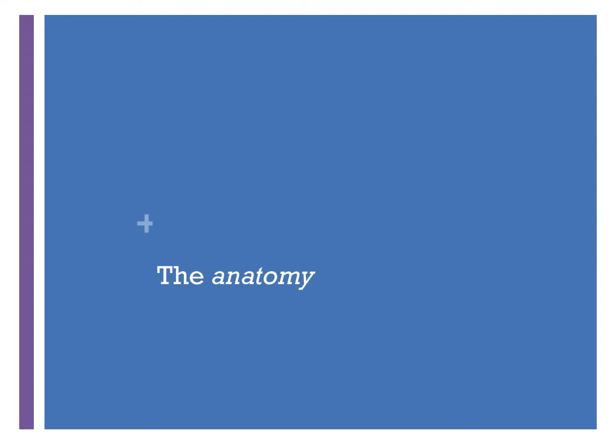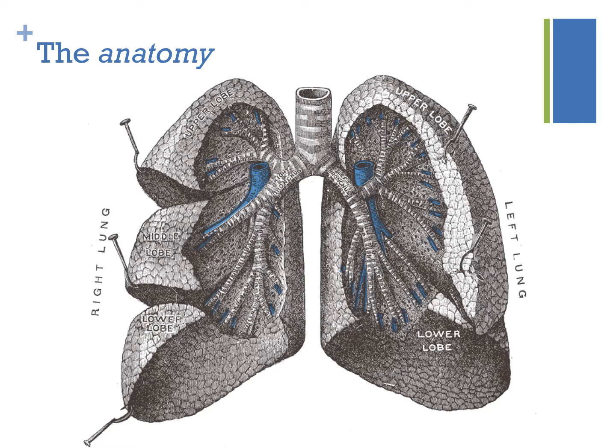A quick review of the anatomy involved. The lungs are a pair of organs that occupy the majority of the thorax. Responsible for ventilation and oxygenation, the lungs are made up of the trachea, the bronchi, the bronchioles, and the alveoli. The lungs are surrounded by the pleura, comprised of a double layer of membranes, separated by a serous lubricant. The visceral pleura coat the lungs, and the parietal pleura is attached to the inside of the chest wall. Between these two layers is the pleural cavity, a potential space that allows for the expansion of